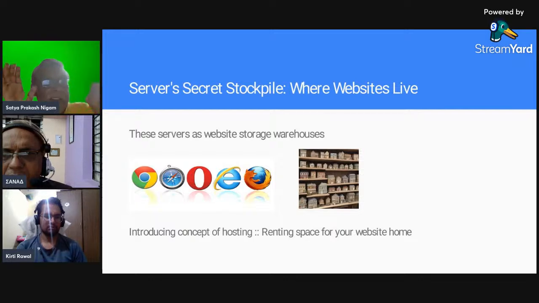And where are the servers? Servers are aggregated together in a certain location. You can think of a warehouse. Same thing, you see the right side image. On the right side there is a shelf, and on the shelf there are models of different houses kept. What I am trying to indicate here is,